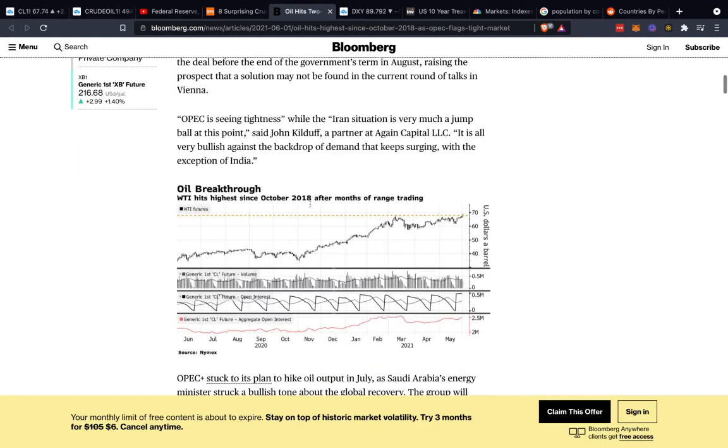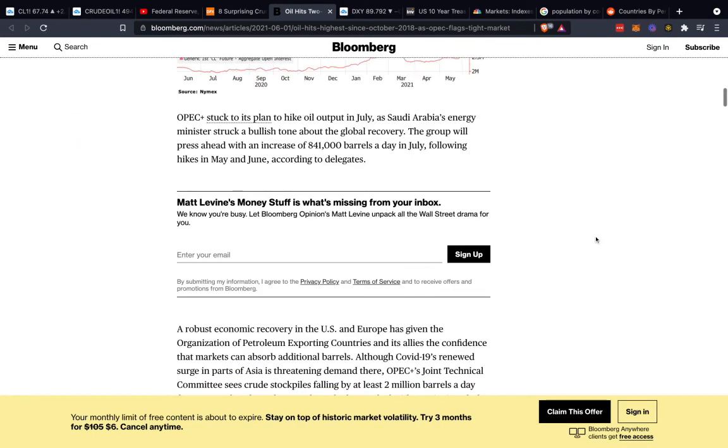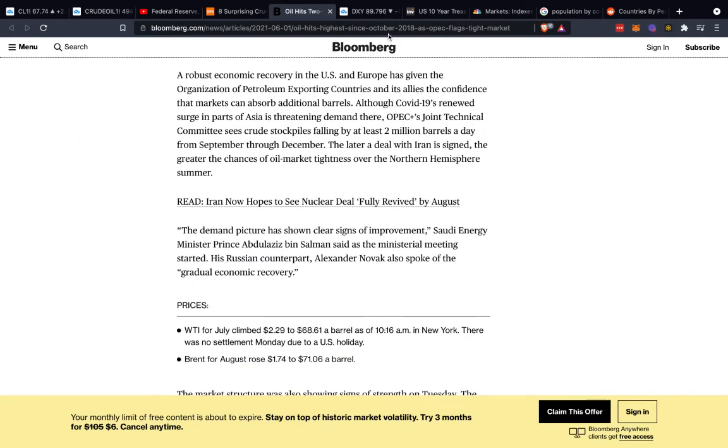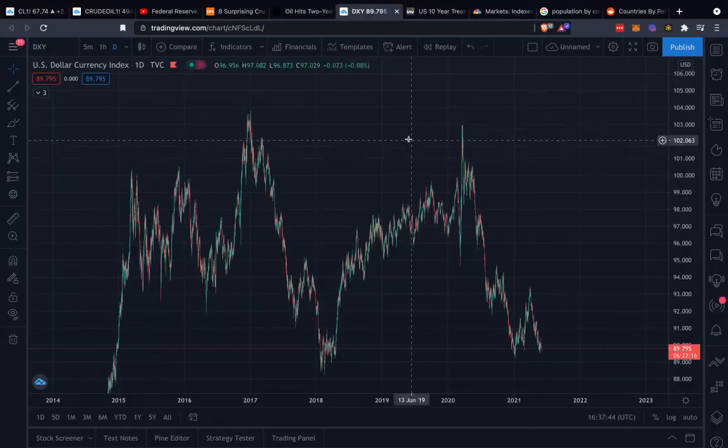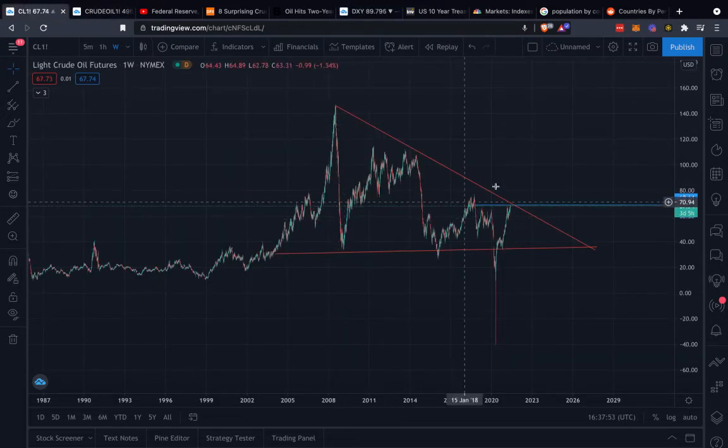So this is important to look at. You know, this oil breakout right there, continued rise. But again, the important thing to keep in mind is, okay, what's the narrative? You can see objectively, just like I can see based on the data here, the US dollar index continues to fall. That is stock market positive. Okay, we got that. Crude oil continues to rise.